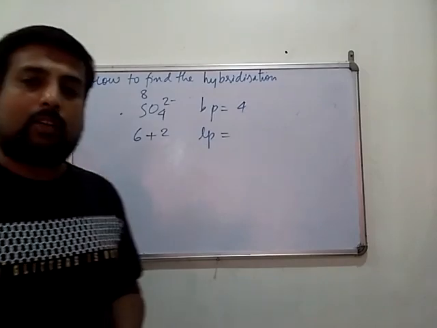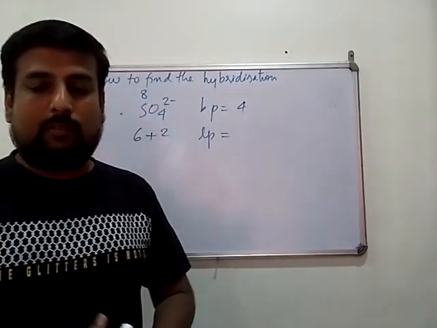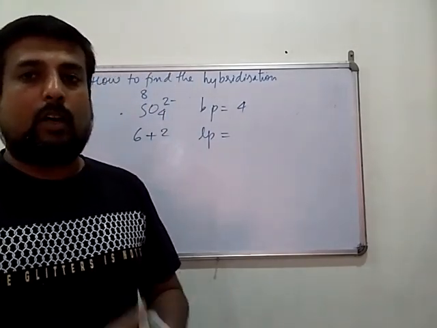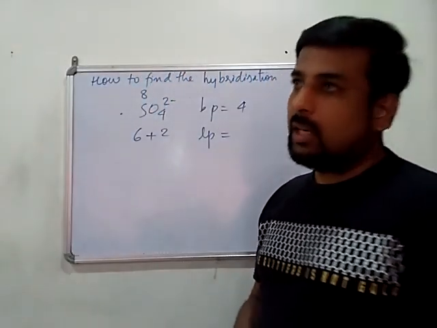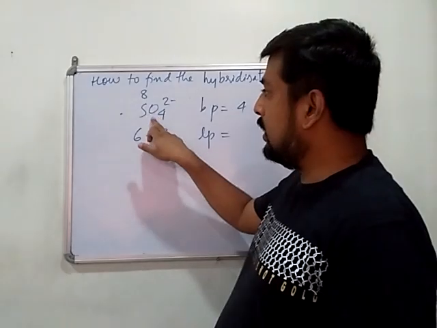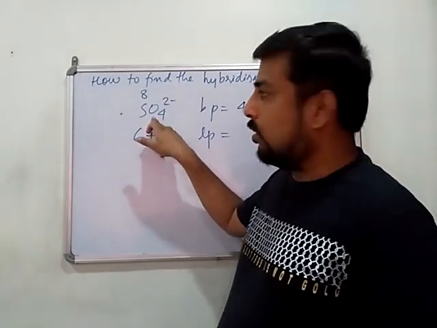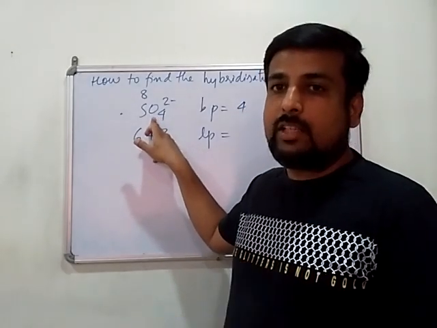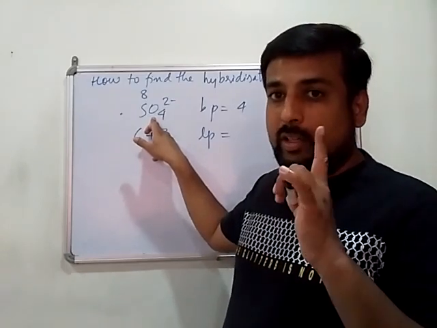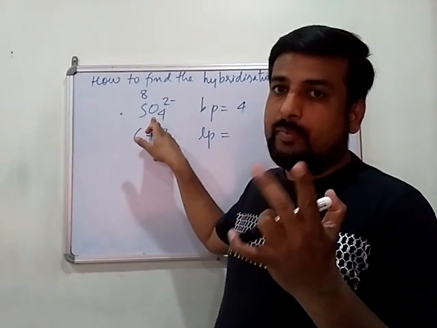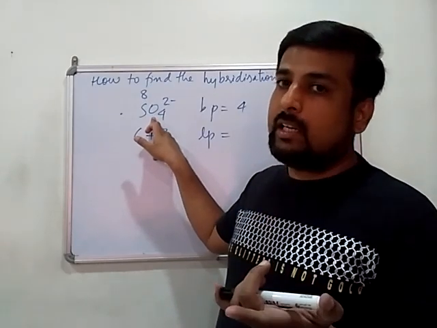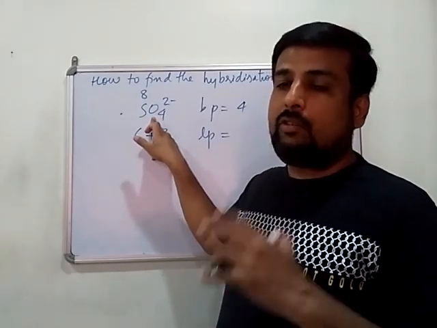Now out of these 8 electrons, how many does sulfur share with oxygen and how many are remaining? That depends on the valency of the terminal or surrounding atom. Now in this case, oxygen is connected. Oxygen has valency 2, which means it is divalent. So for each divalent atom, sulfur will have to share 2 electrons. For monovalent we had taken 1, but for divalent we have to take 2.